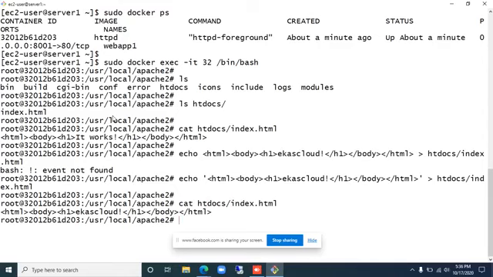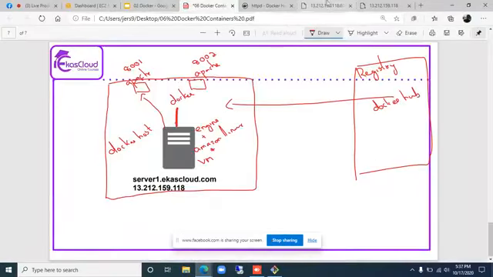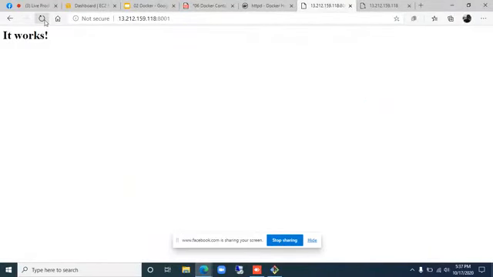Now if I look into the index.html, earlier it was It works, but now it is ECAS Cloud. So if I go to the website and refresh, you'll get a different page.